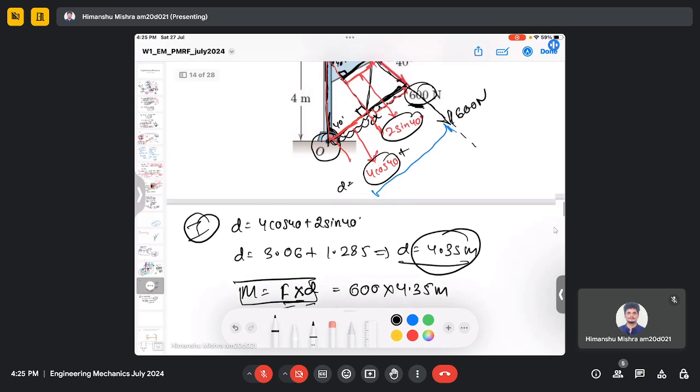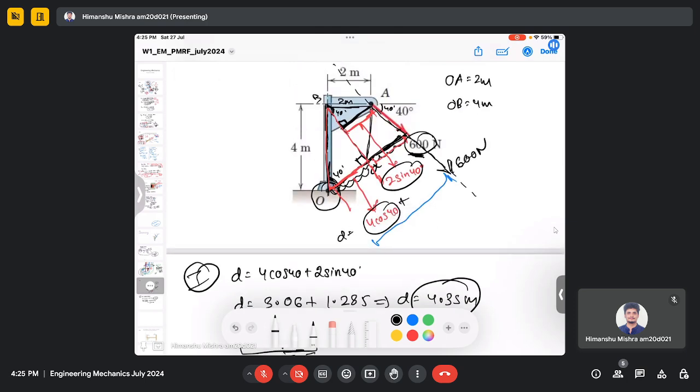But sometimes, as we have seen in this problem as well, defining the perpendicular distances can be troublesome. Even here, it is a little troublesome because you need to make several triangles to find the components of these distances. And here we need to make this triangle in order to calculate this distance. So by calculating this distance and adding together, we actually calculate D. It is a little complicated, but you don't need to always follow this method. The other method is